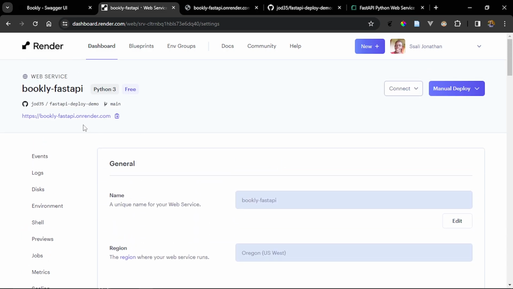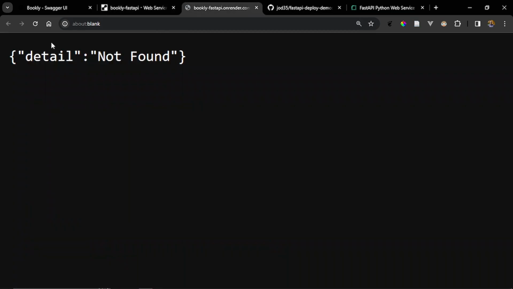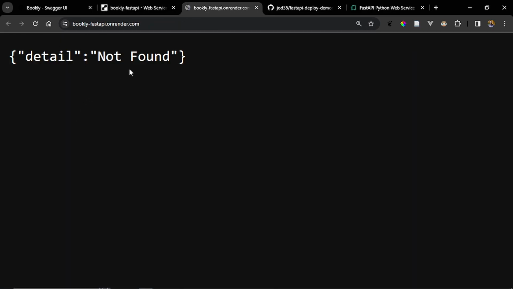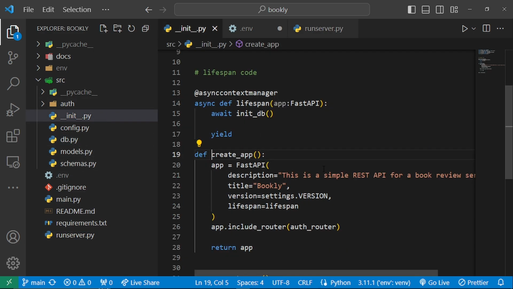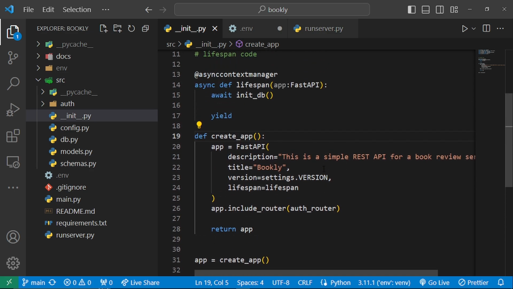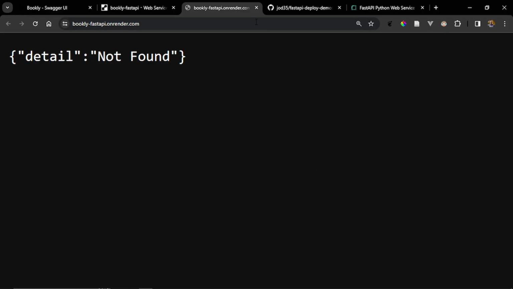So if I go to our URL right here, which I opened up, if I refresh, we can now see that this is actually returning not found because there's nothing on our root URL. So I guess I'll have to reopen the app. If I go to our URL right here, we shall see that this is not found. But if I go to our docs URL, which I think is where I will place our docs, let me go back right here where we have our app. We simply do not have a docs URL defined, but the default docs URL for FastAPI is going to be /docs. So when I go to /docs,